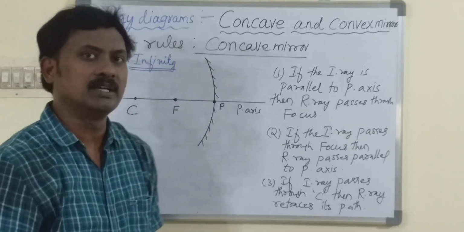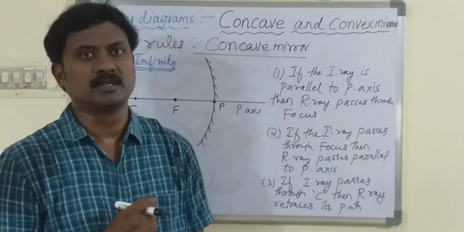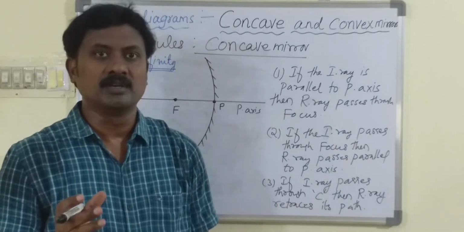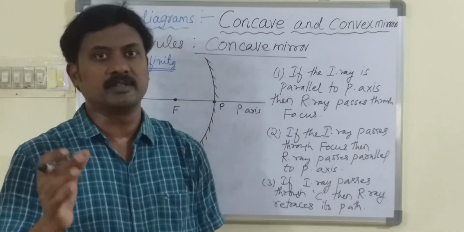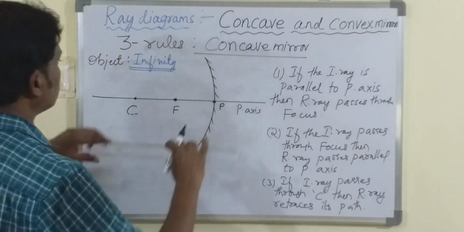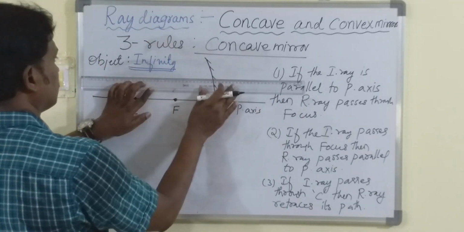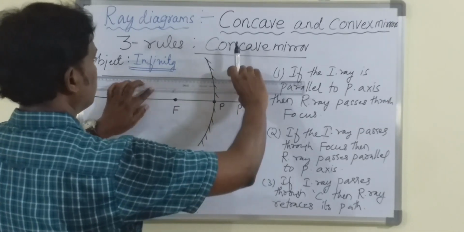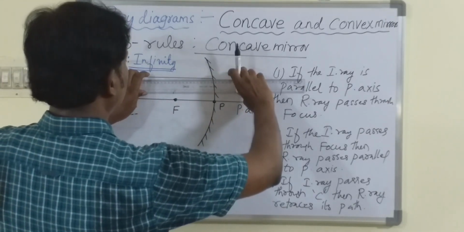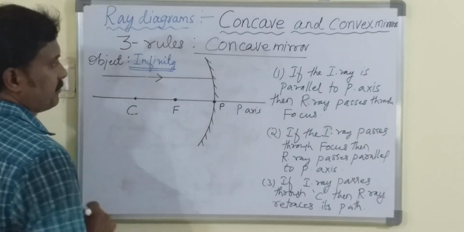So now how many light rays we are considering is, we are taking only 2 light rays. Now in order to get the image, we make use of only 2 light rays. 2 light rays are enough to get the image. So the first light ray I am drawing above the principal axis. As the object is at infinity, children, I am going to get a parallel beam of light ray. So this is the first incident ray.